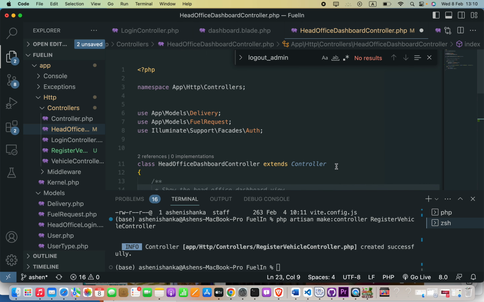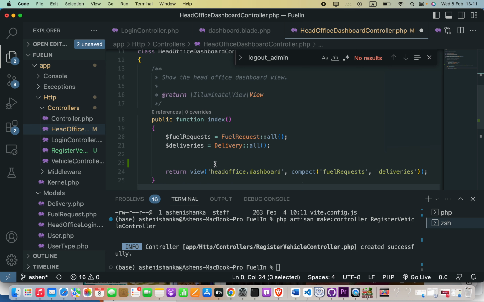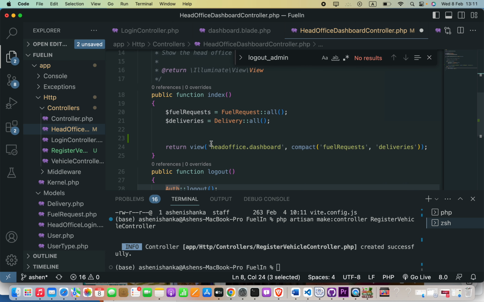Hello everyone, in this video we are going to see how we can retrieve the currently logged in user email in Laravel using Auth Facades. Now firstly you have to use this Illuminate\Support\Facades\Auth, and after that in your controller you are going to say